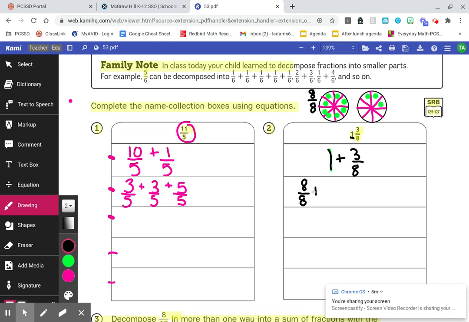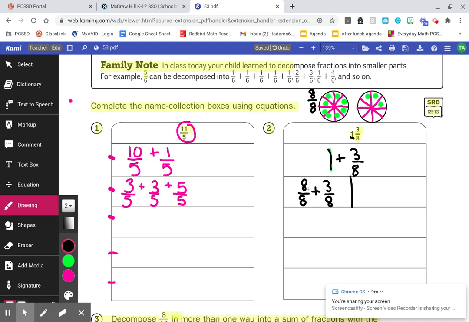Plus, what was our second fraction, our first fraction in this mixed number? Sure, 3/8. So 8/8 plus 3/8. And I'm going to show you another example in this box. Now that we decomposed, instead of 1, we have 8/8 because we know we ate 8 out of the 8